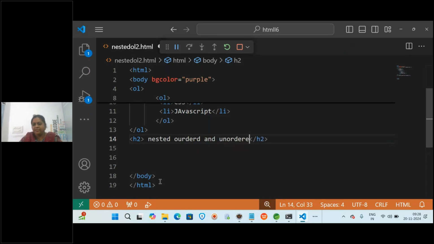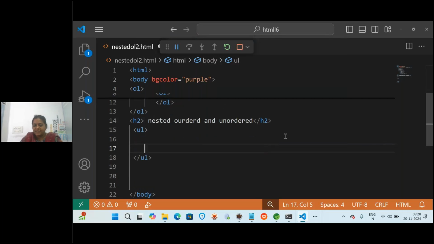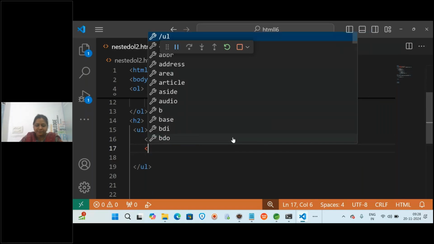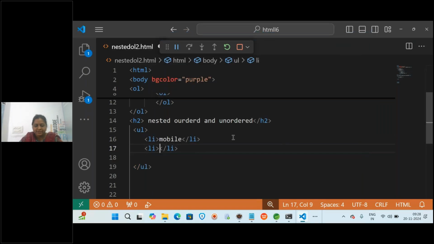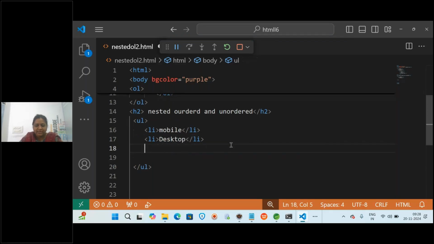I am writing nested, ordered and unordered. Here again I am writing a list of items, some more list of items like LI. In this LI list of items, I will be providing mobile, and then desktop, and again laptop.